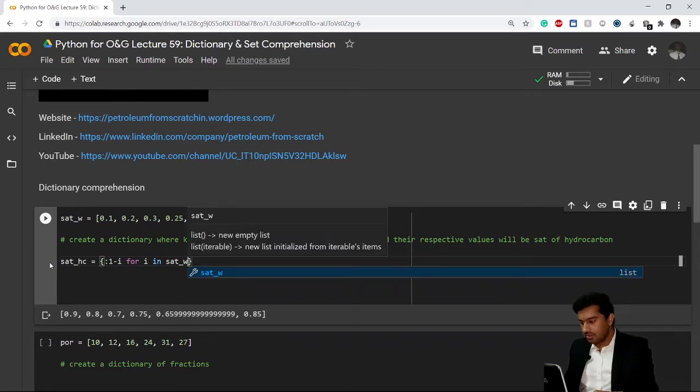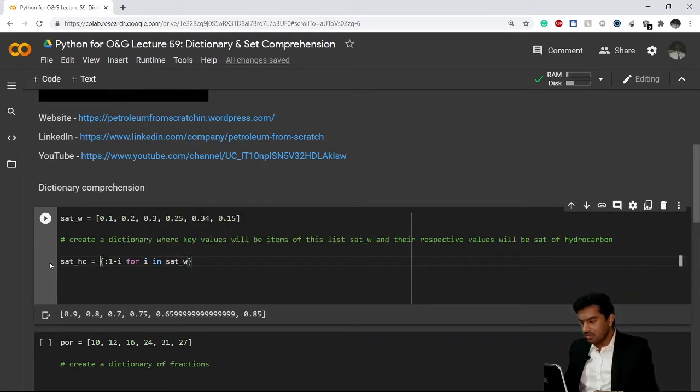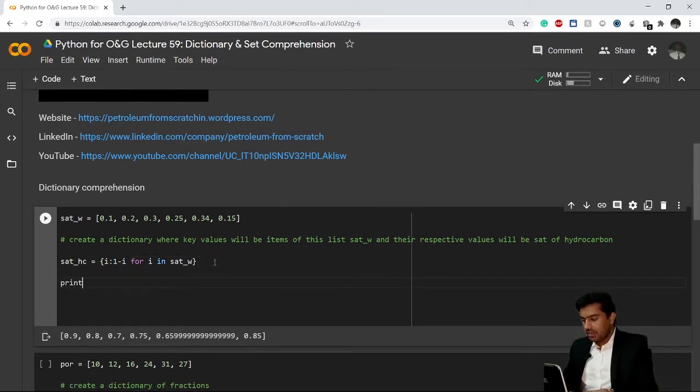Correct, no harm in this. And my key will obviously be, let's say, I. So understand it this way: I'm running a loop in this list SAT underscore W. First my I is 0.1, so my key becomes 0.1, and in front of this key its value will become 1 minus 0.1, that is 0.9. Then I becomes 0.2, so my key becomes 0.2 and this becomes 0.8, right? Similarly it will go on and on, and if I print my SAT underscore HC,